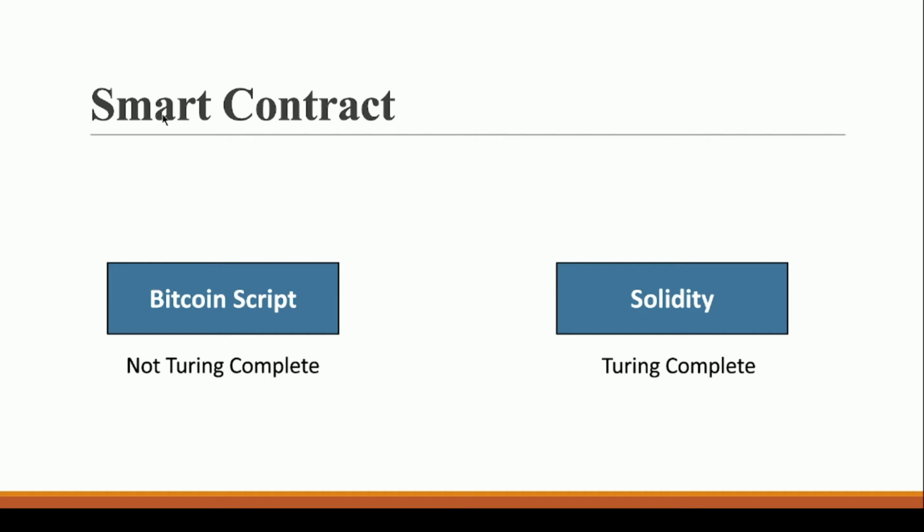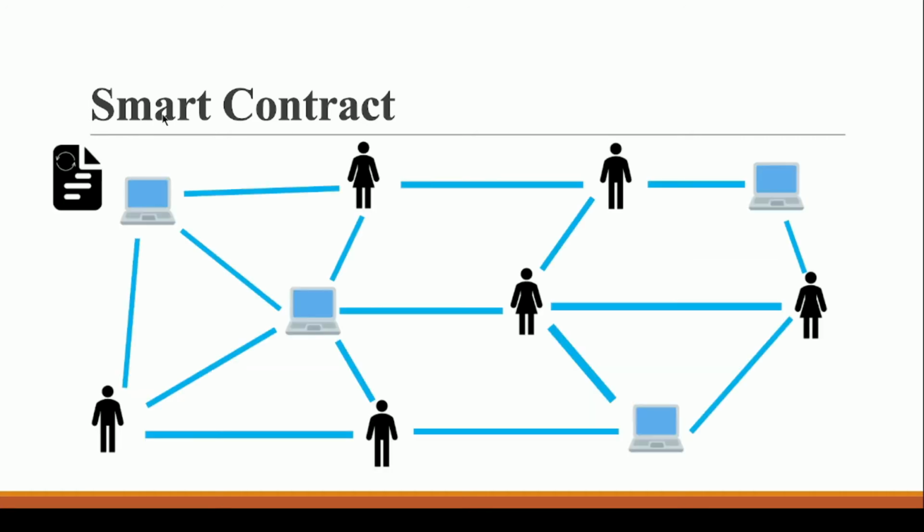The reason is very simple, guys. At the time when Satoshi Nakamoto was developing the Bitcoin blockchain, he thought of a problem, and the problem was real. Let's say Bitcoin provides you the facility to write programs on the Bitcoin blockchain. Let's say this is a program that I have created, and now I'm trying to run it on the Bitcoin blockchain. These are the participants connected with each other, forming the Bitcoin blockchain, and they will each have their blockchains.